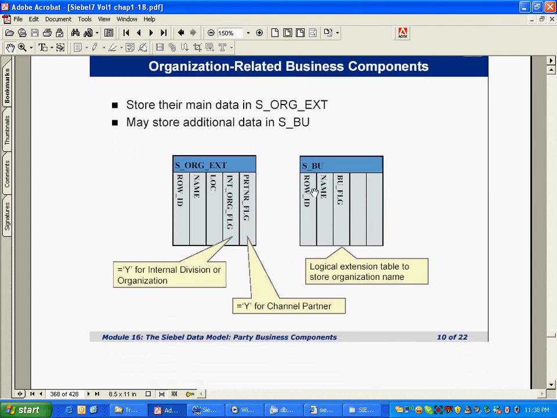They store their main data in s underscore org underscore ext. By the way, ext stands for external, and org stands for organization. This is the name of the account table in Siebel. It may store additional data in s underscore bu. That's the table for organization, s underscore bu.